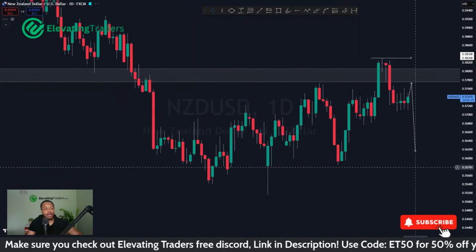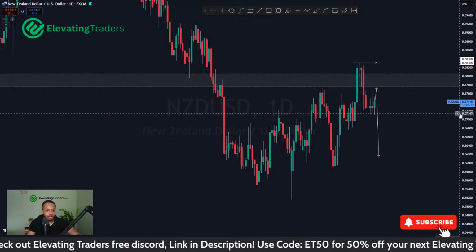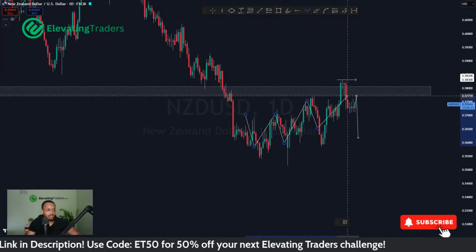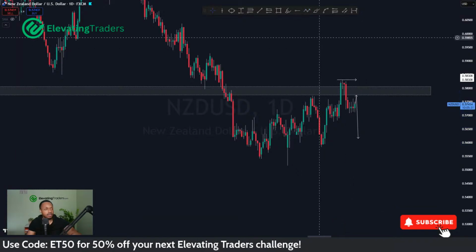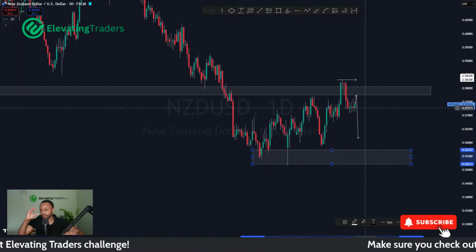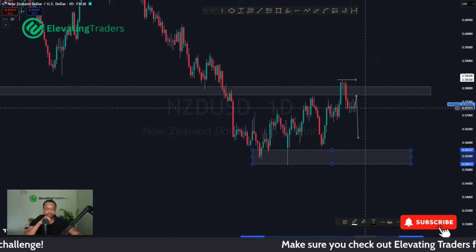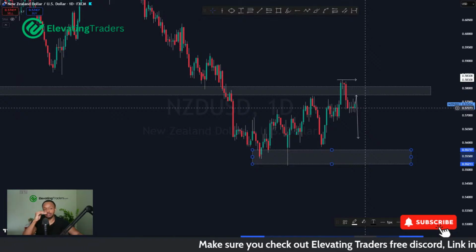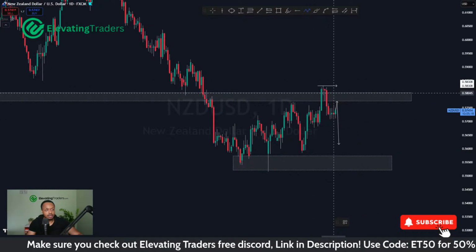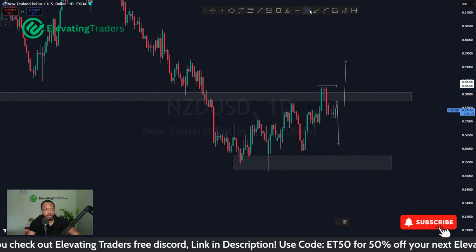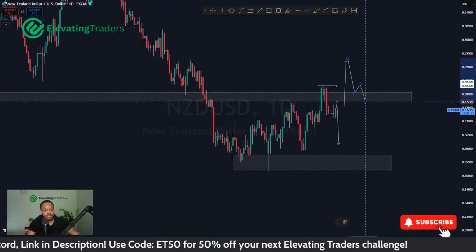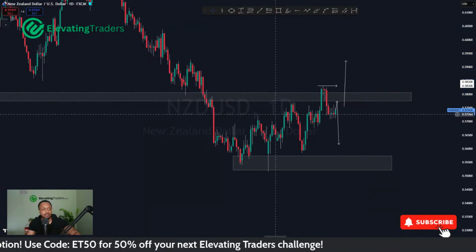So the way I see NZD is a very choppy market, and it might just be a correction for price to potentially continue back into support again. The way I see it, price is kind of stuck between support and resistance and just moving sideways essentially. As long as we maintain resistance, we're probably likely to swing back into support. If, of course, we see something like this, then I'll stand corrected. And at that point, we've already got a bullish NZD USD and a bit of a reversal on our hands. And then I'll look for pullbacks and more buying opportunities.